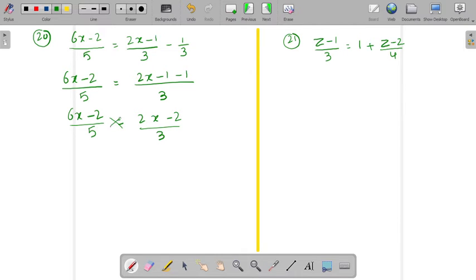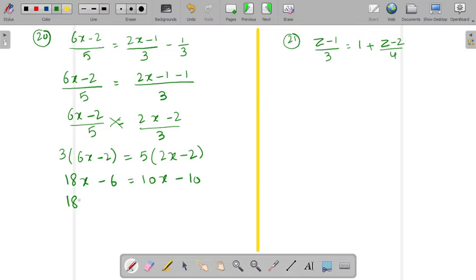Now we will cross multiply. So make sure 3 will be multiplied with both terms of 6x minus 2. Same way, while doing the cross multiplication, 5 will be multiplied with both. So you will put it in the bracket. Now open the bracket by multiplying the terms. So you will be getting these as the terms.